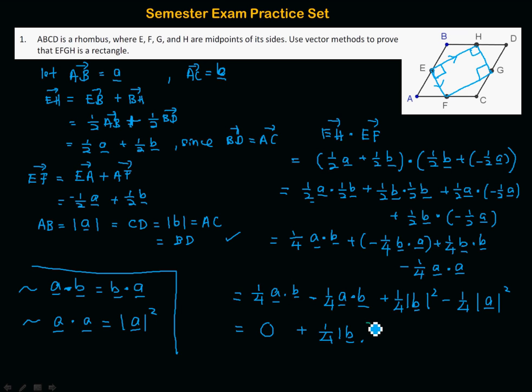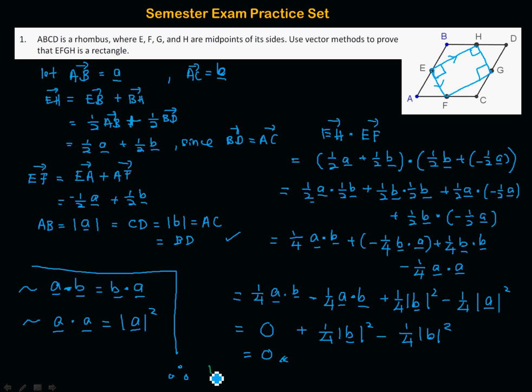But we have established that the magnitude of vector a is the same as the magnitude of vector b, and so we can replace the magnitude of a with the magnitude of b squared. Of course the outcome is 0, and then you can conclude that